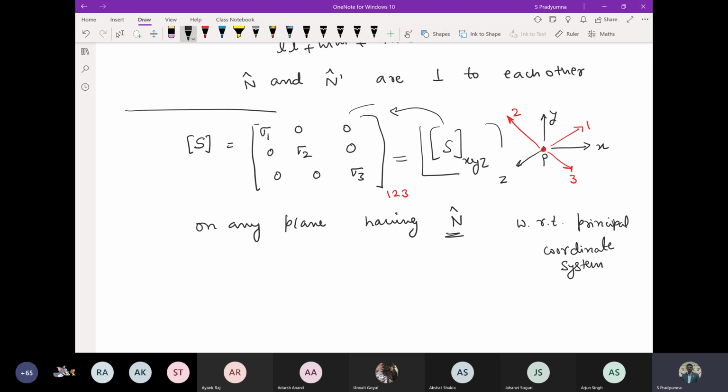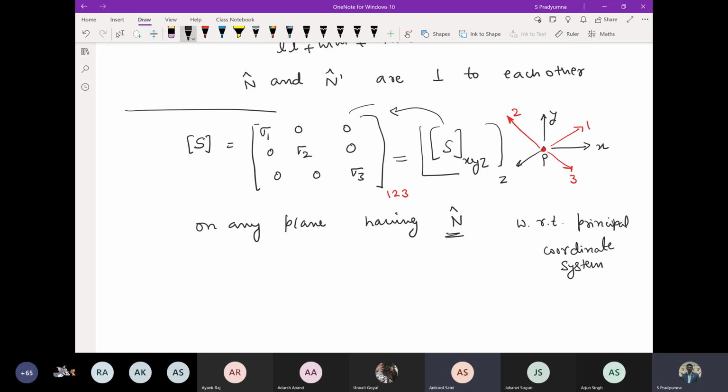Okay, sir. That means the state of stress remains same, right? But sir, the only thing is the variation of the direction or the variation of the coordinate system is only changing its values in that particular direction, or in the plane. The state remains same. The loading is not changing, or the stress quantities are not changing. If you just come back to its original coordinate system, the values will be same. Correct? Okay, sir. So it's just a matter of rotation, on which plane you are considering, on which rotation of the coordinate axis you are carrying out. Correct? Yes, sir. Those details do not change.